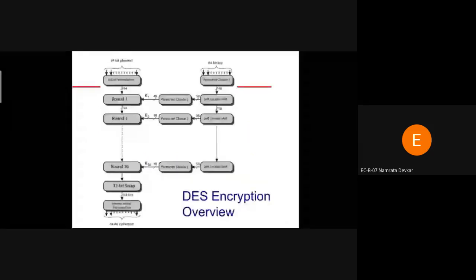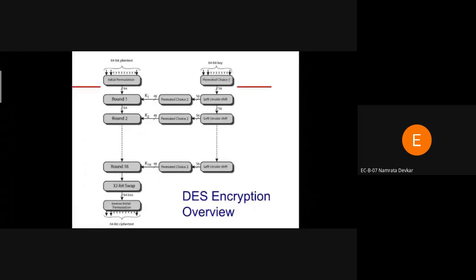This is the standard structure of the Data Encryption Standard. Okay, we also saw the structure of the Feistel block cipher, how it divides the information into two parts and how the algorithm can be designed. So it is the standard structure of the Data Encryption Standard. Okay, so how can the DES algorithm be designed, and what steps are used? If we are to design the DES algorithm, we have to use such steps.